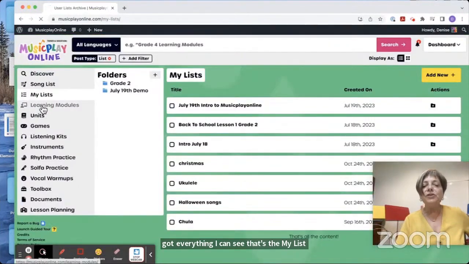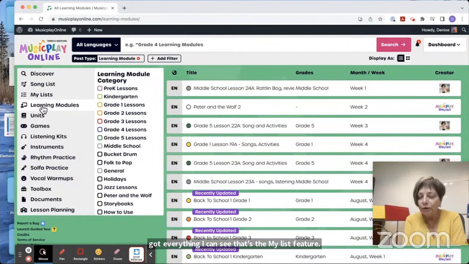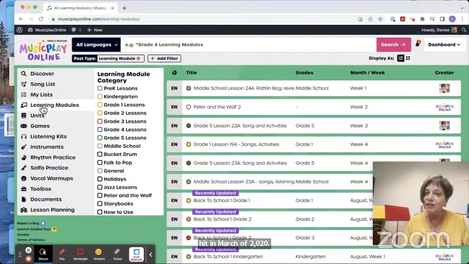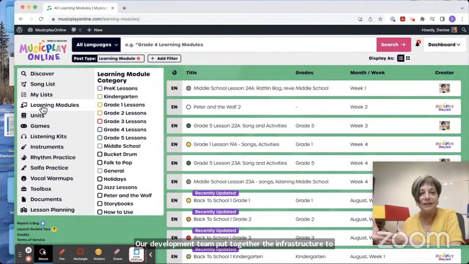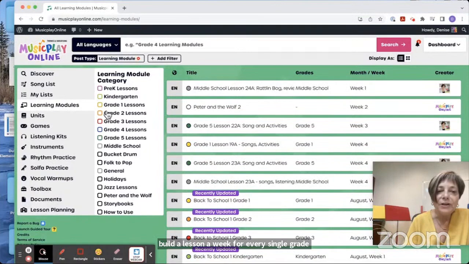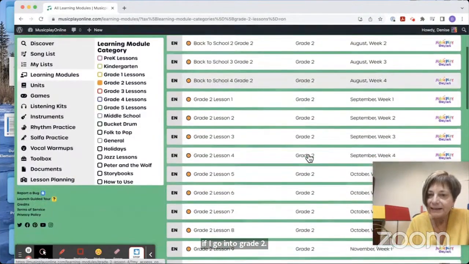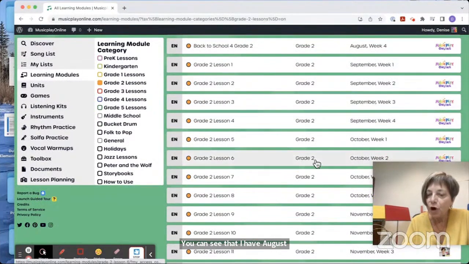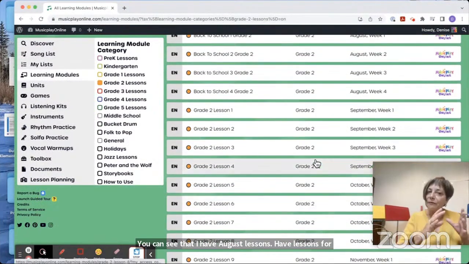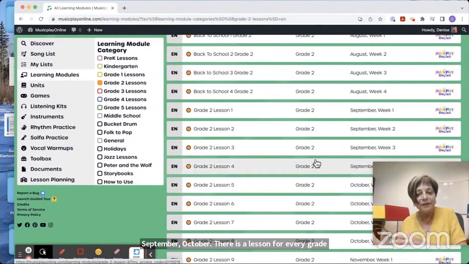Now I'm going to go to the learning modules. When COVID hit in March of 2020, our development team put together the infrastructure to build a lesson a week for every single grade level. So if I go into grade 2, you can see that I have August lessons. I have lessons for September, October. There is a lesson for every grade level for every week of the school year, including August,